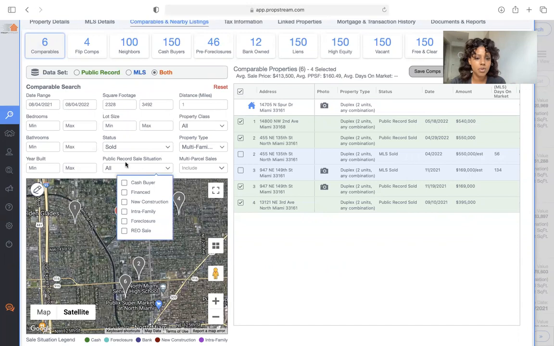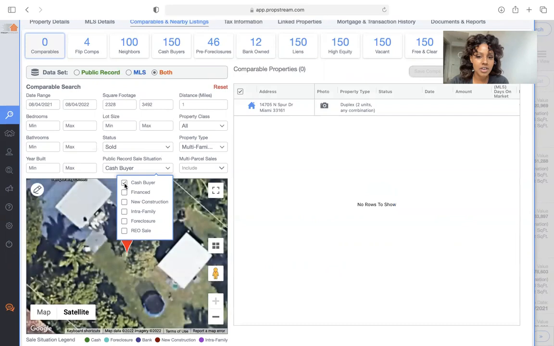I love public record sale situation cash buyer because for wholesaling, we want to know what cash buyers are paying. We don't really care about what people are paying who are financing these deals. We want to know what cash buyers are paying. So sometimes you're able to find some, sometimes you're not. But if you're not able to find any cash buyers in the area, it may not be the best wholesale